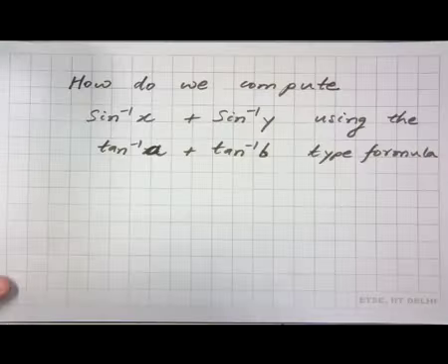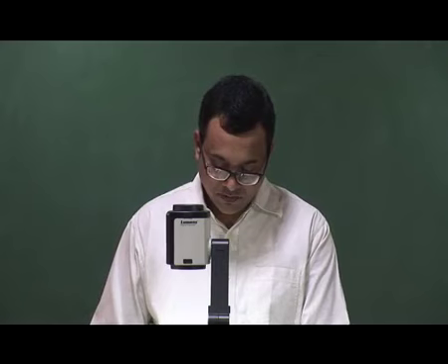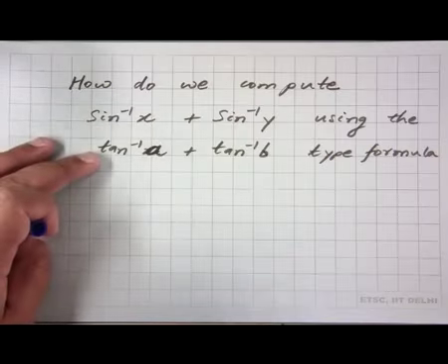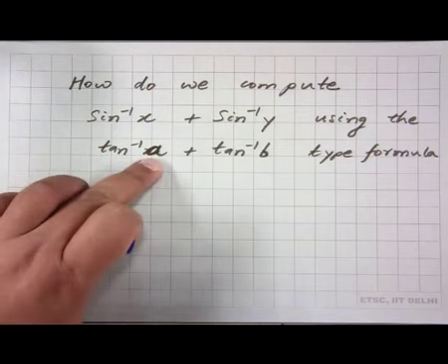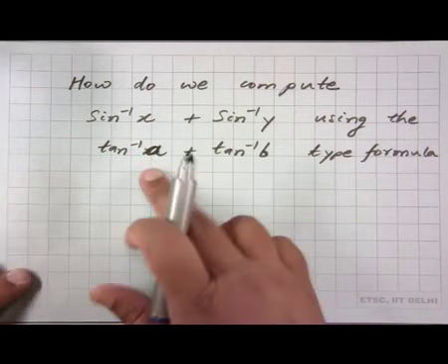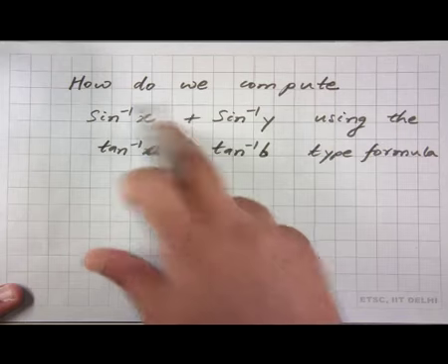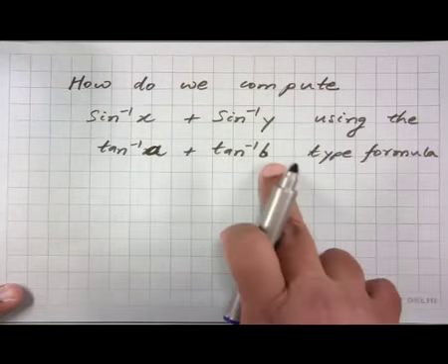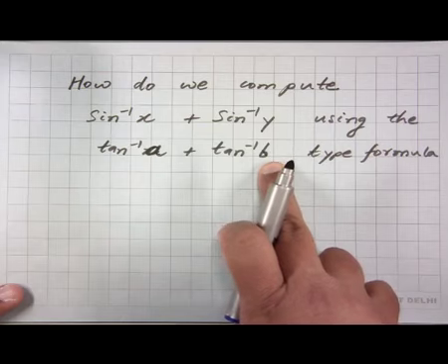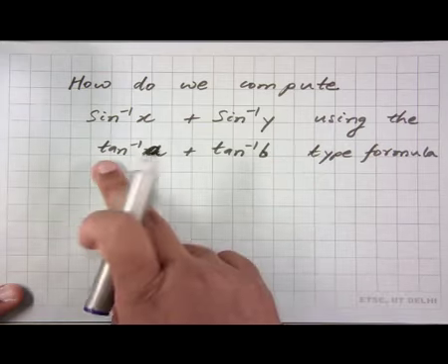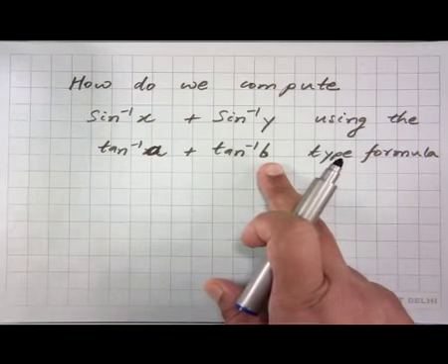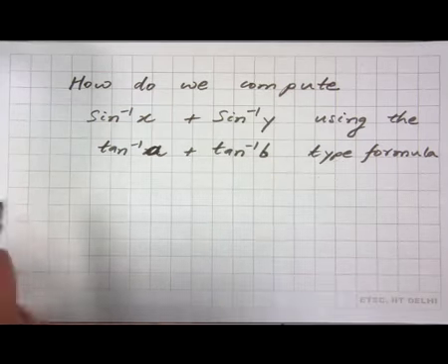The way to do that would be to first convert sine inverse x into the form tan inverse of something, where this something would obviously depend on x, and similarly convert sine inverse y also into tan inverse of something. Then we just have to compute tan inverse A plus tan inverse B, for which we can actually use